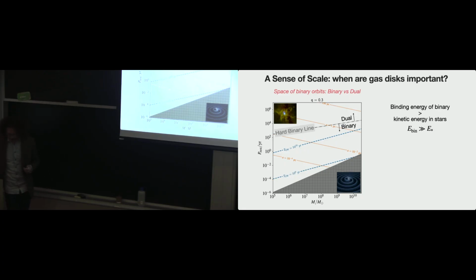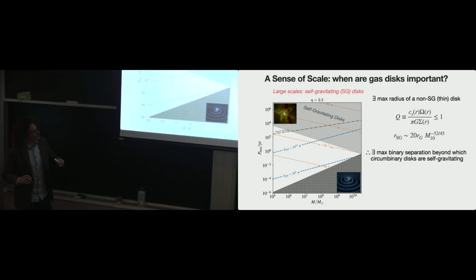Now I want to get back to the gas. On large scales, we can draw a limit from the idea of a self-gravitating disk. Essentially there is a maximum radius. If you have some solution for an accretion disk, there is a maximum radius where that disk will become gravitationally unstable and collapse under its own weight. We can write that down from some standard disk model, and what I've shaded here is that region. The point is that this corresponds to a maximum binary separation for which you can have a non-self-gravitating disk